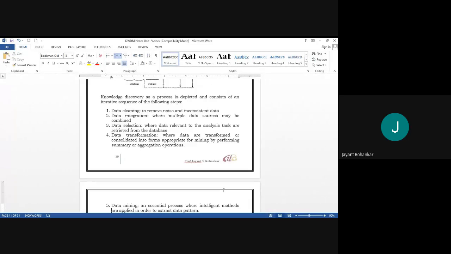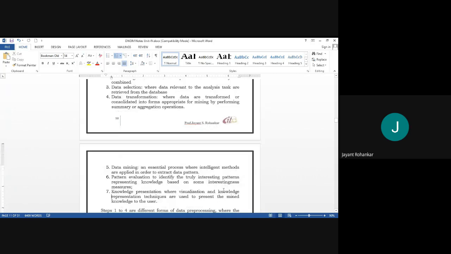Data transformation also needs to be applied while we are considering the KDD process, where data are transformed or consolidated into forms appropriate for mining by performing summary or aggregation operations. We have to apply the summarization operation or the aggregation operation on the data while we are transforming or consolidating the data. Then fifth step is